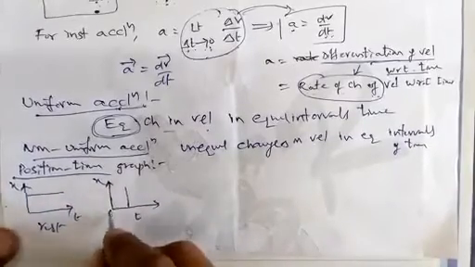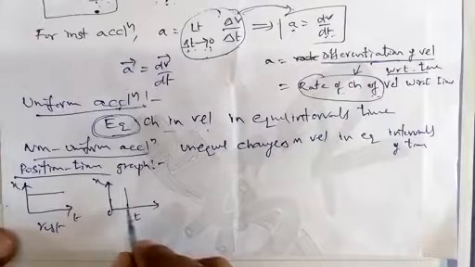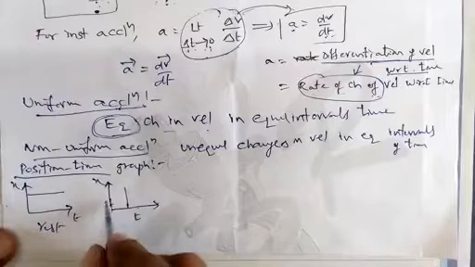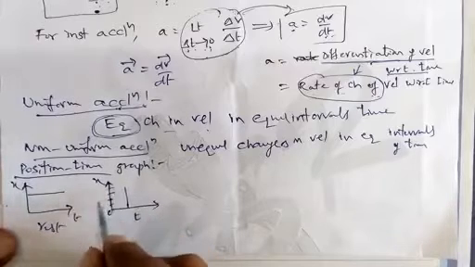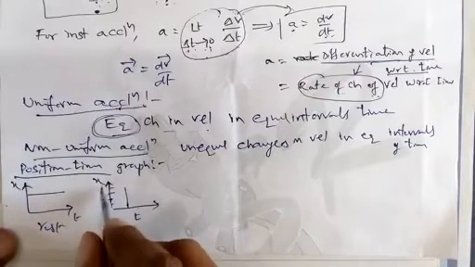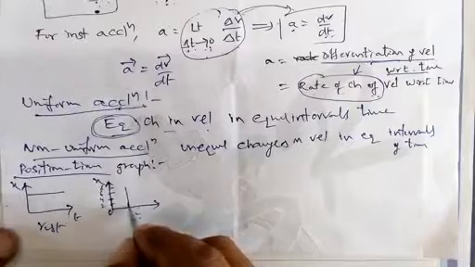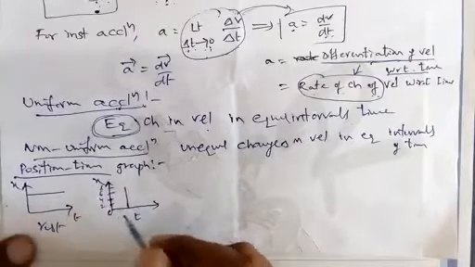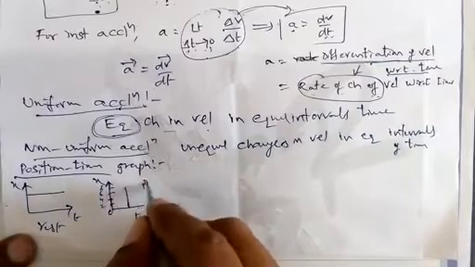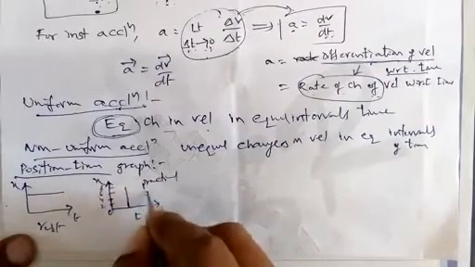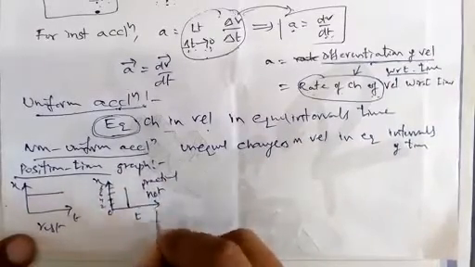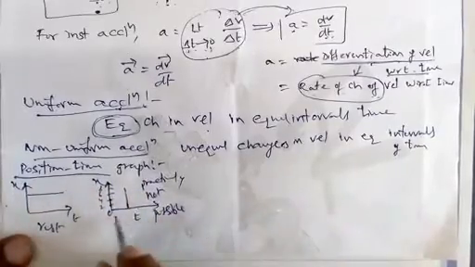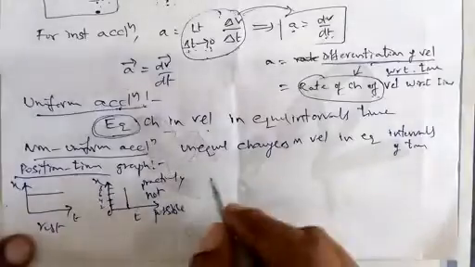Time is here. See, time is not changing, but position is changing. See here, 2 meter, 4 meter, 6 meter, 8 meter. Position is increasing but time is not increasing. So is it possible? Practically not possible. You have to remember, practically not possible, because time is not changing. Without changing the time, how is it possible?